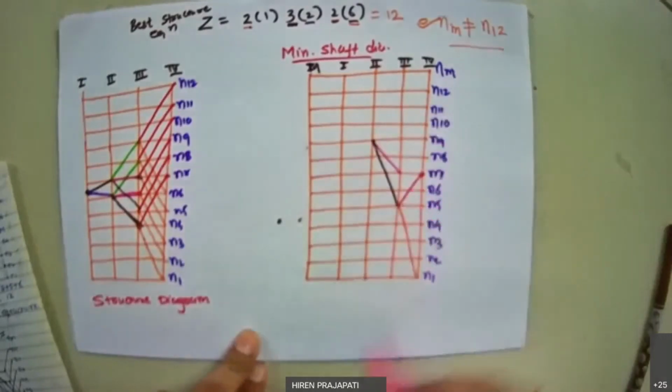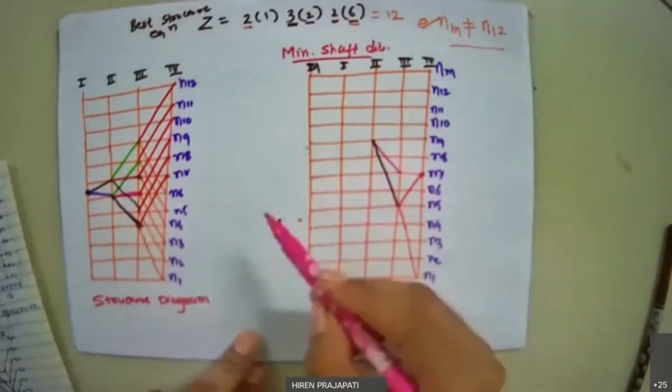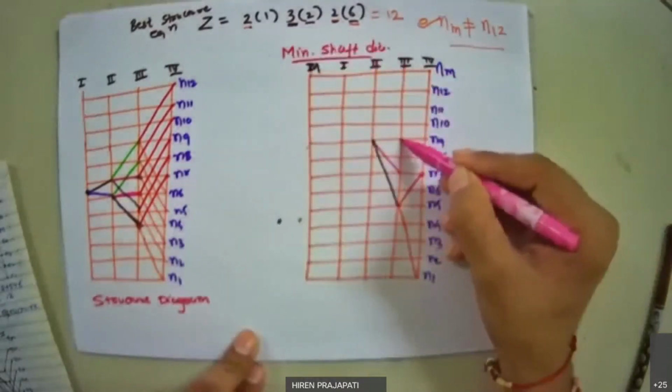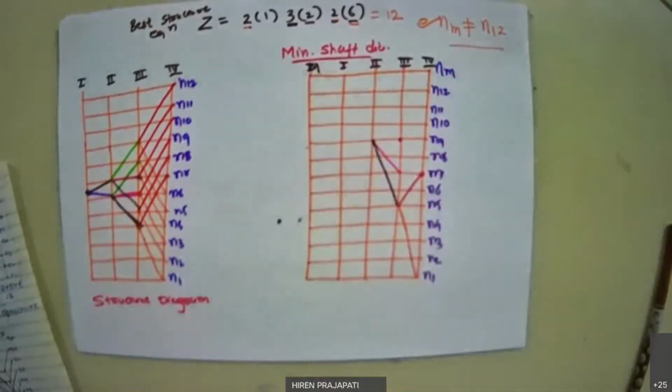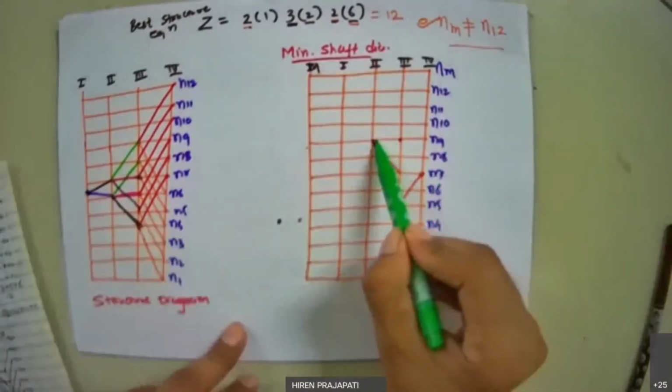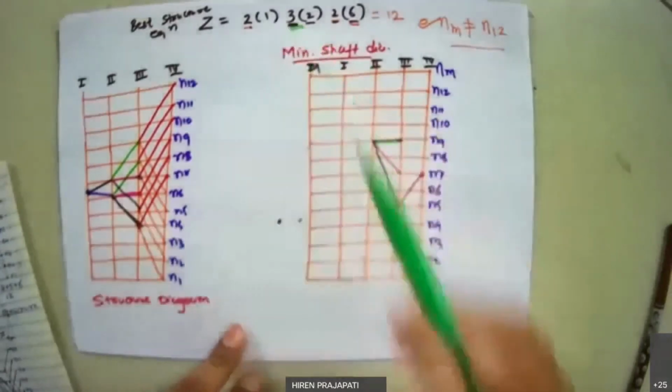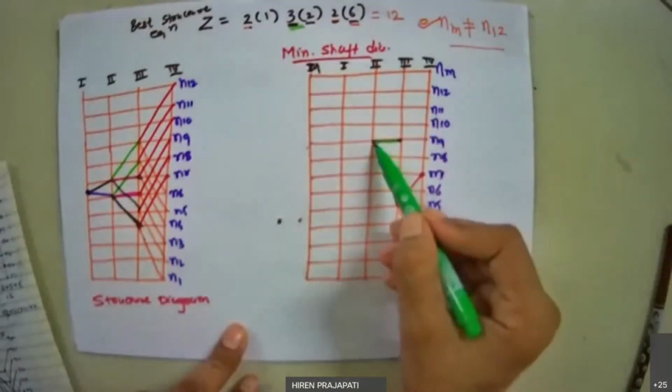So 5 is to 1. Now again the next third RPM is with same progression 5 is to 2, that is N9. So N9 I connect here. So I got 3 speeds in stage 2, right? Again, now after this